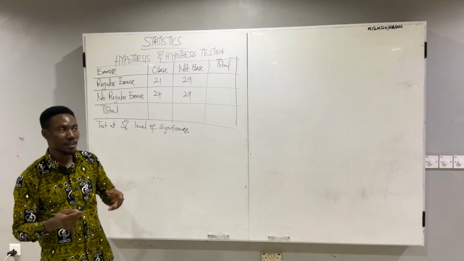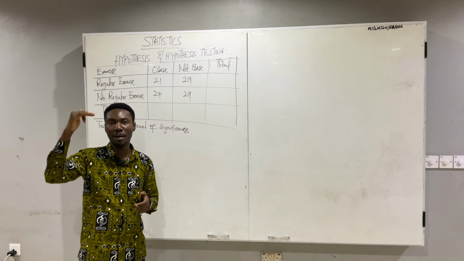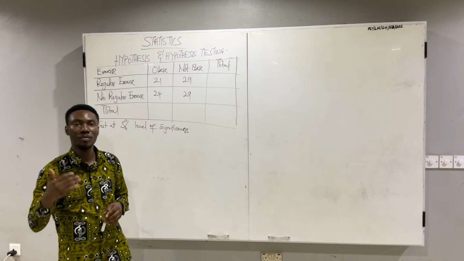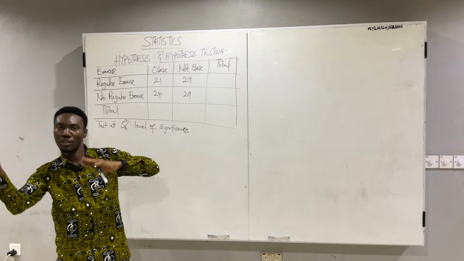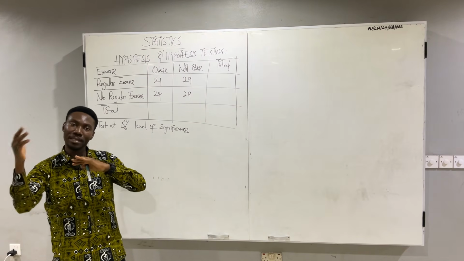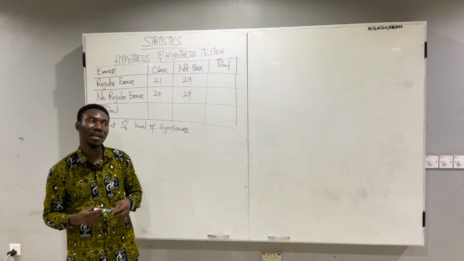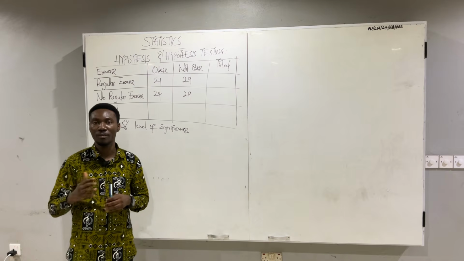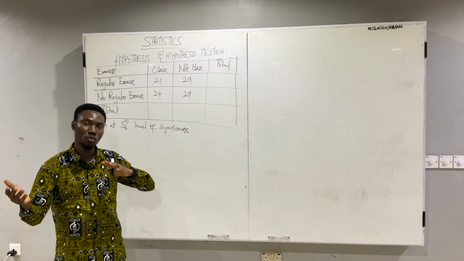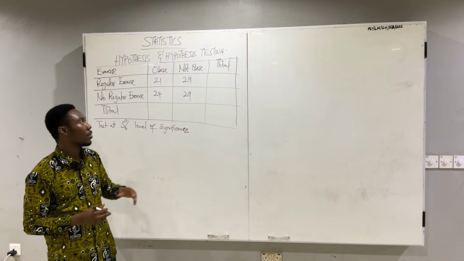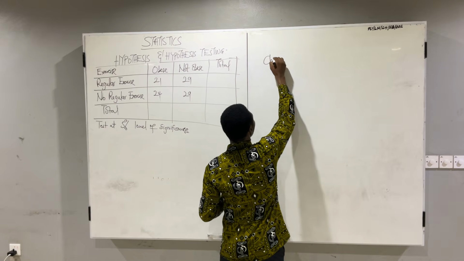All right, so like I mentioned, we have several types of chi-square testing. So you see, we've looked at hypothesis. In a situation where you are doing a statistical test to confirm whether the null hypothesis is true or false, or the alternative hypothesis is true or false, then we say you are doing hypothesis testing. So hypothesis testing is basically a statistical test to confirm whether the null hypothesis is true or the alternative hypothesis is true or false. Okay? Now, the types of hypothesis testing, we have chi-square test,